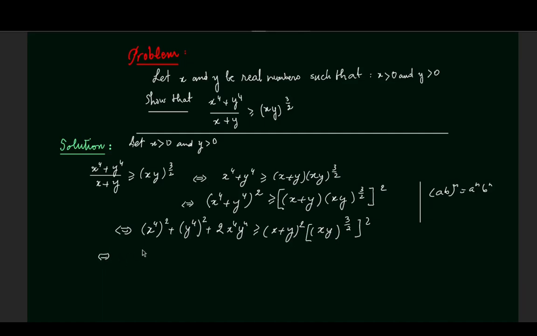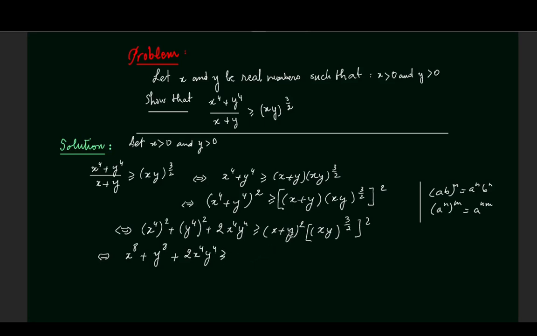So here we have x to the 8th, since a to the n all to the m is equal to a to the n times m. So 4 times 2, that's 8, plus y to the 8th, plus 2 times x fourth y to the fourth